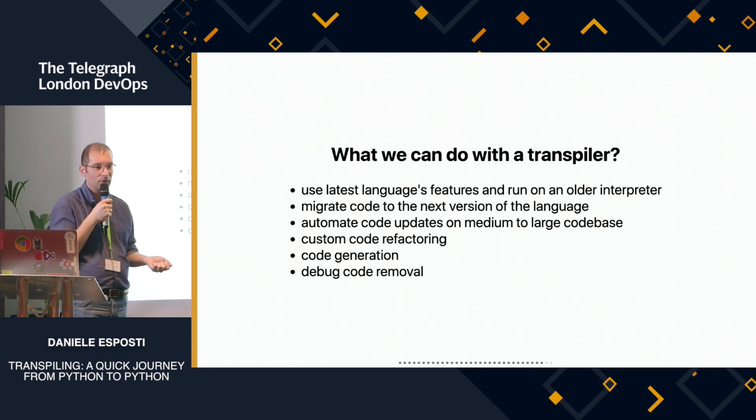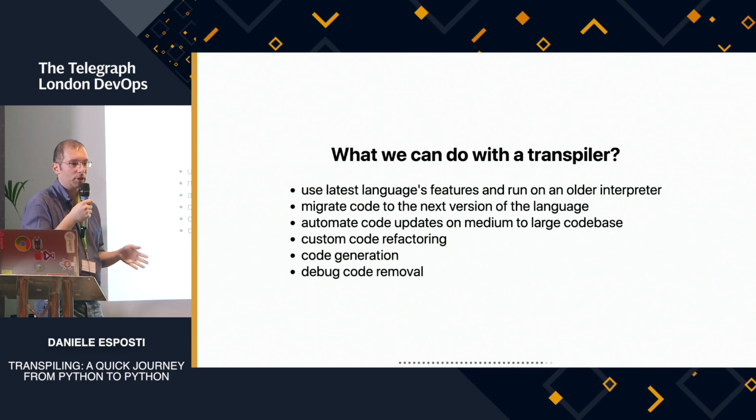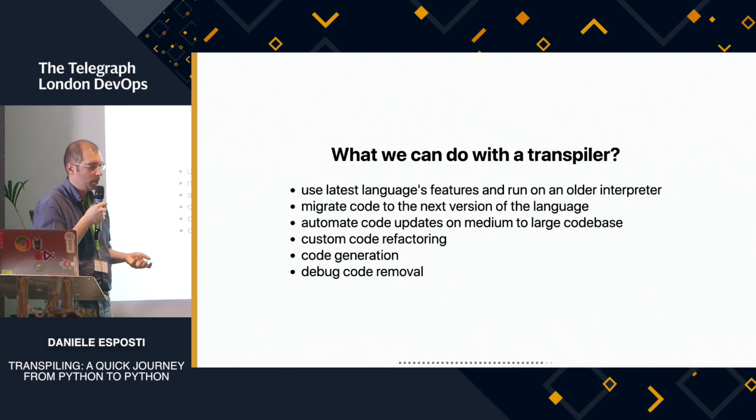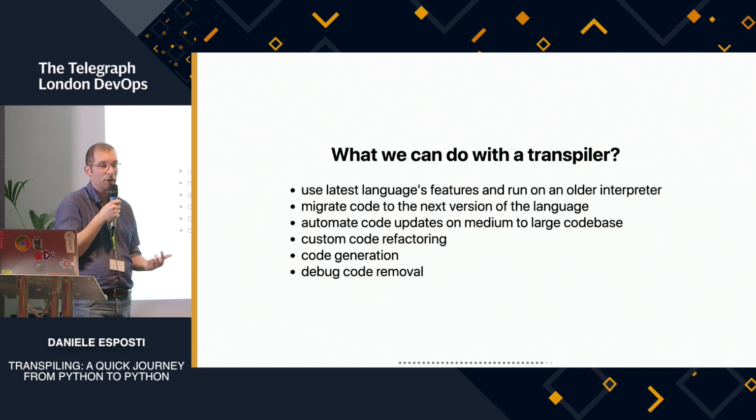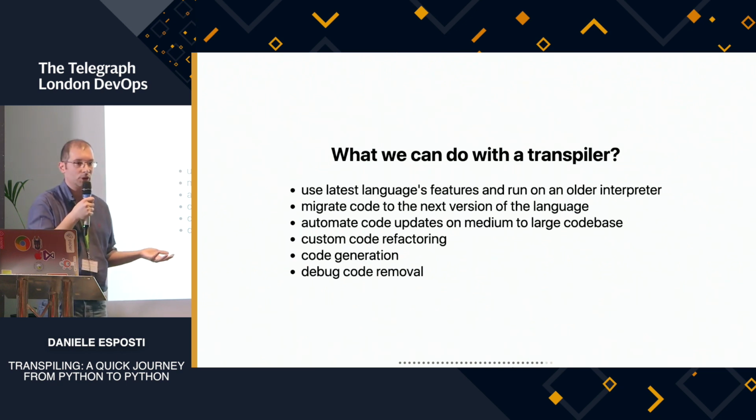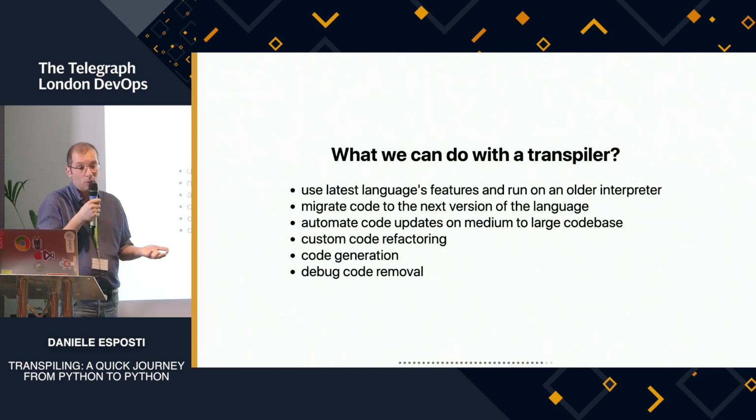The new version has an incompatible API, so you need to go back to your code and change most of it, but the change is not easily doable by just find and replace, because maybe it's not just variable names, but also changing the shape of some classes or the way you call some API of the library. Then you can use a transpiler, because you can dictate the operation, you can dictate how you're using this library, and you can transform the code to work